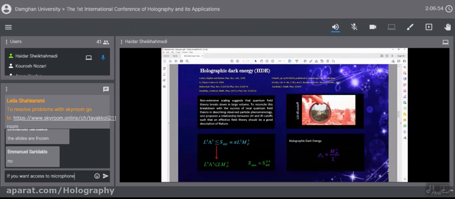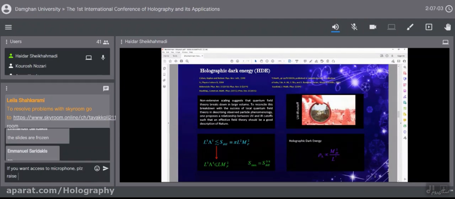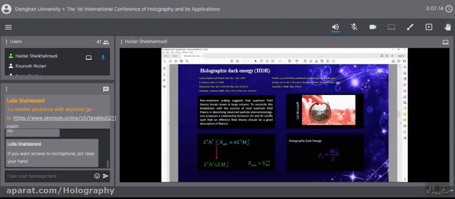However, the peculiar and strange thermodynamics of black holes and Bekenstein's proposal led him to postulate that the maximum entropy in a box of volume L cubed behaves non-extensively. But what does it mean? It means the entropy grows only as the area of the box. It was a strange result.